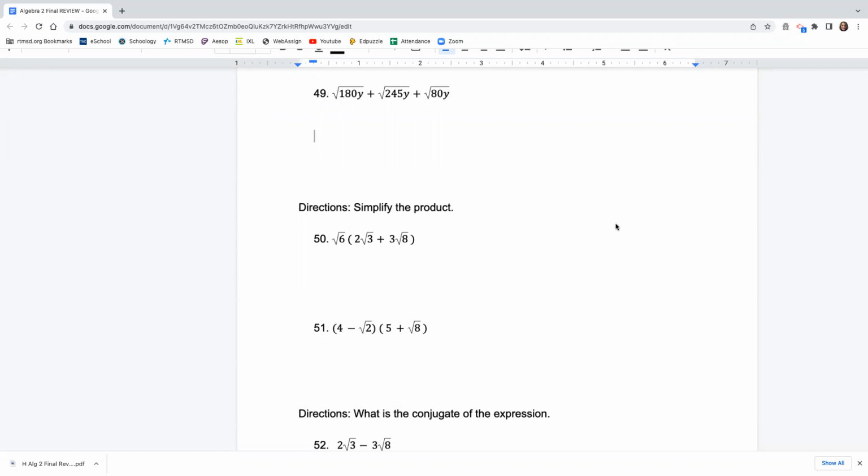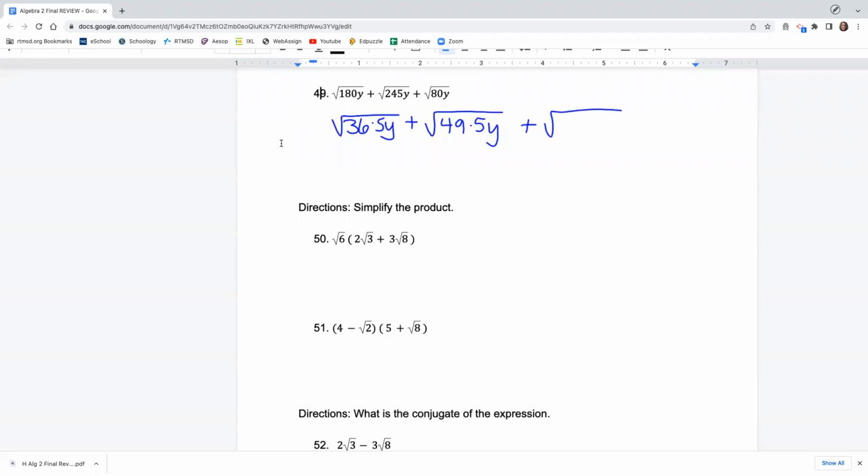All right, number 49. We need to simplify everything inside of the radicals before we can add them together. You can't add radicals unless they have the same stuff on the inside, which is known as the radicand. So what we need to do is rewrite 180y as perfect square factors. The biggest perfect square that goes into 180 is 36 times 5y, plus 245y can be rewritten as 49 times 5y,